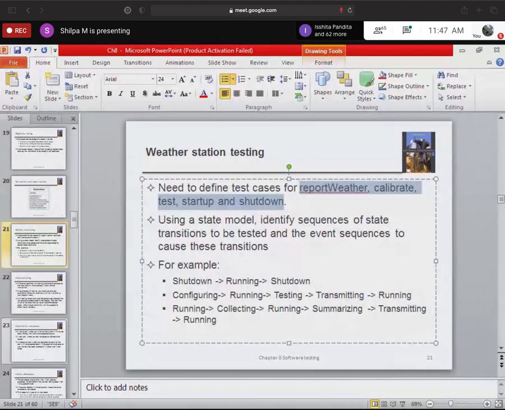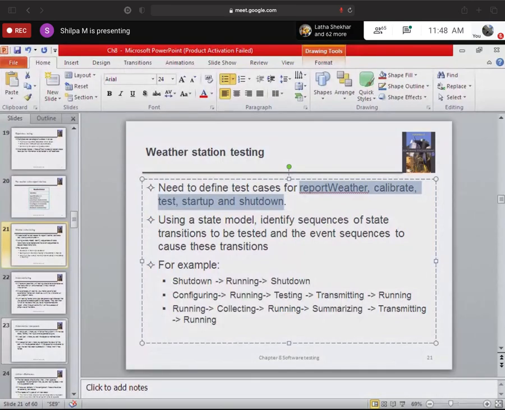I don't know whether you have it in your syllabus. Let's see, or someday I will just show you. Every test case will have a test case ID, a name associated with it, a description of the test case, the steps involved, and the expected input and output for it. They document it like this, and they give a number. A tester, or whoever is doing the testing, will see it and test according to it.